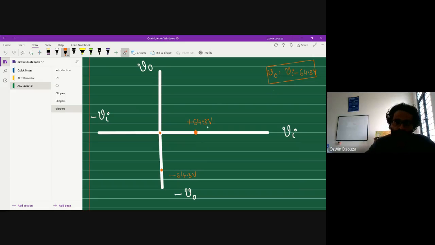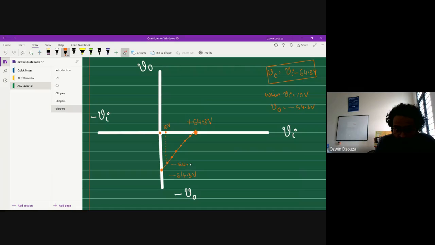0 volt, sir. So 0 volt means here. When your input becomes this voltage, your output becomes 0. So 0 is nothing but the x-axis, right? You don't have to calculate a set of values actually. For example, when your input is 10 volt, your output will be minus 54.3 volts. So that's the logic.